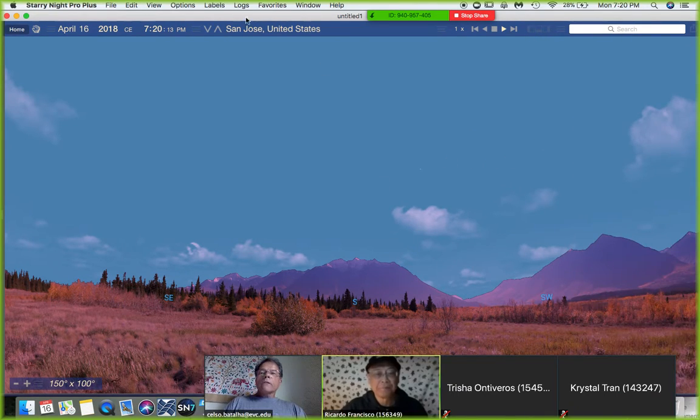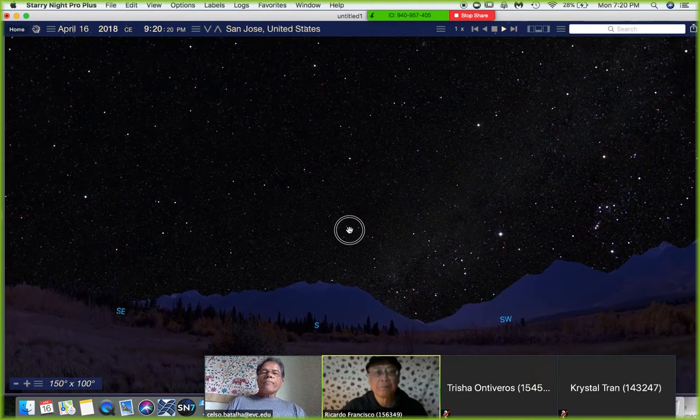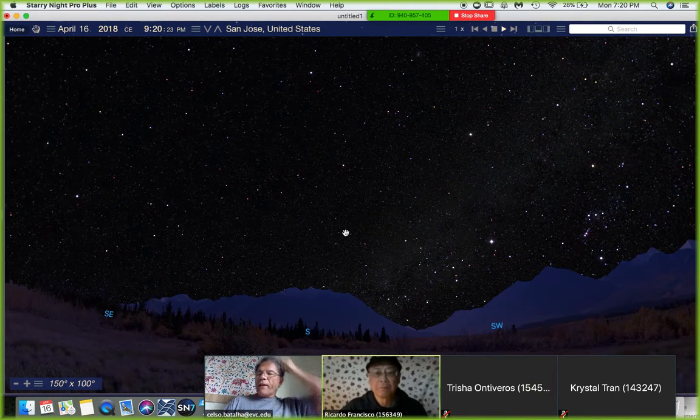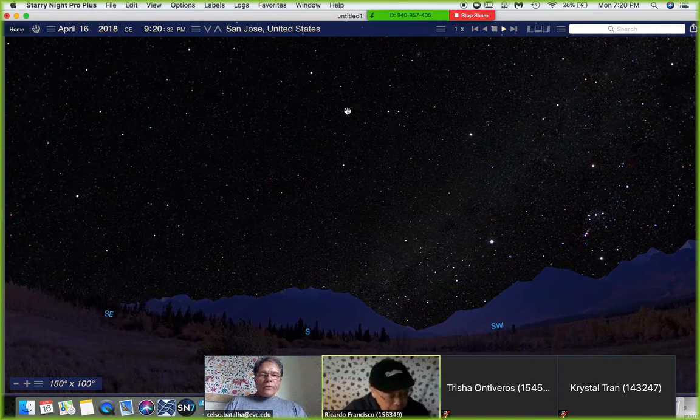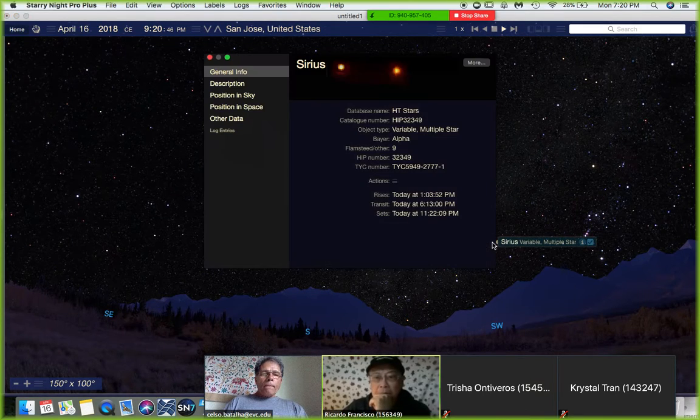Okay. So now we go to 9:20, and in fact, let's just go back to the question of surface temperature. If you look closely, if the transmission is all right, you see some stars are kind of a reddish like this one, and some others are kind of a more whitish like this one. So if you look at their temperature,